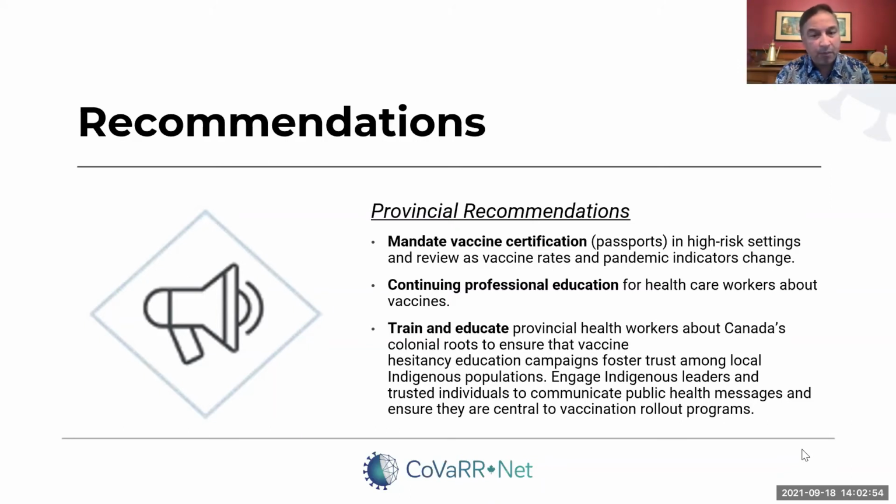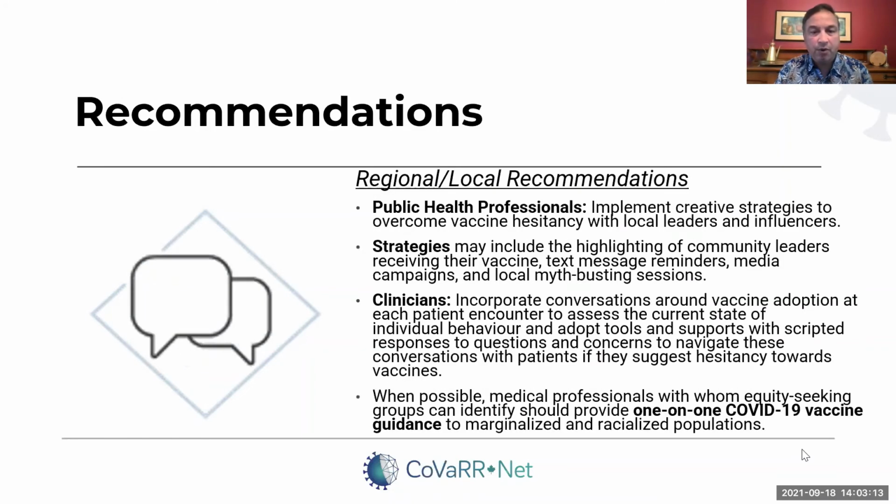So that is the stick part of the carrot and stick, I think. Continuing professional education, there's actually a lower level of vaccine uptake among healthcare workers, very surprisingly, in fact, shockingly, than we see sometimes in the general population. And we need to train and educate provincial health workers about Canada's colonial roots and so on, which Kimberly will get to. And the last slide here, in terms of regional and local recommendations, for public health professionals, we have